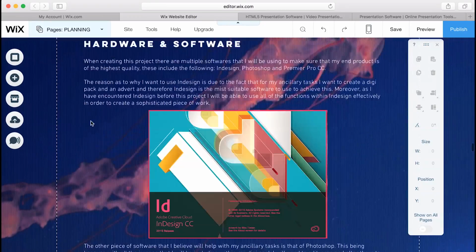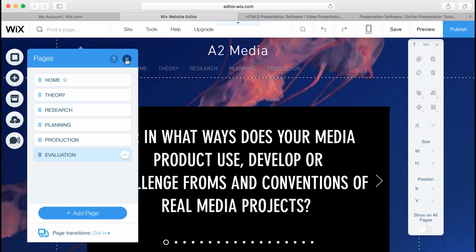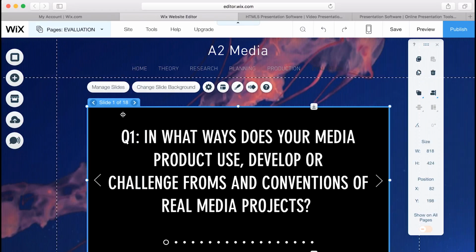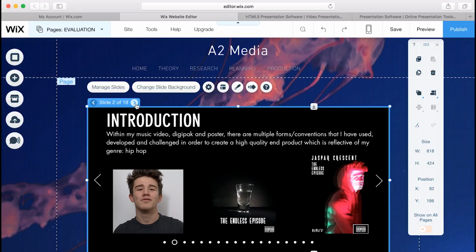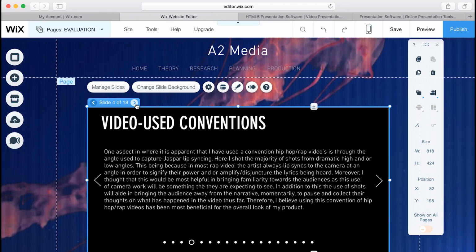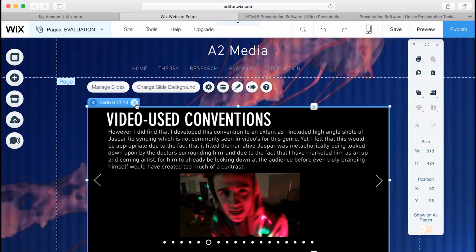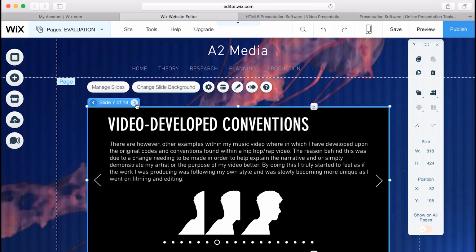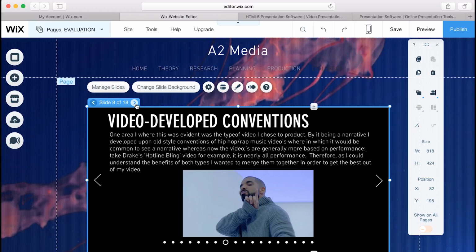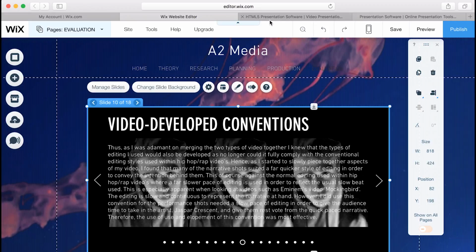Wix, the blog site that I used for my entire project to showcase it on. From using Wix so much for my evaluation and relying on it heavily instead of third-party websites such as Focus Sky or Prezi, it's allowed me to understand the blog site better and to create far more interesting visual aids for my evaluation. For example, the PowerPoints I've been able to create with Wix has truly opened my eyes to exactly what this website can do. It's not just something to use to put my coursework on.